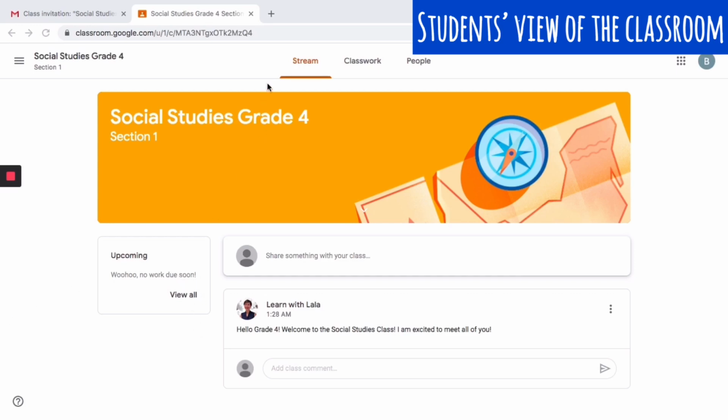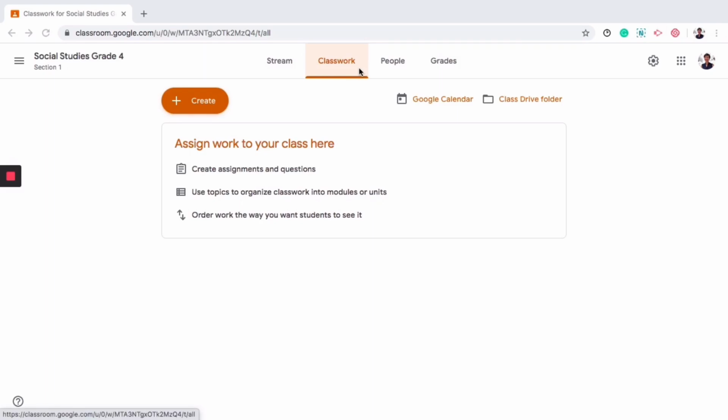Kung mapapansin ninyo, 3 tabs lang ang nandito, Stream, Classwork, and People, na wala na yung tab na Grades, na nakikita lang only for teacher's account. And nakita na natin na nandito na yung unang announcement or yung unang post ni teacher. As I mentioned earlier, mako-consolidate dito sa Google Classroom ang handouts, assignments, and other materials, and it's all here sa